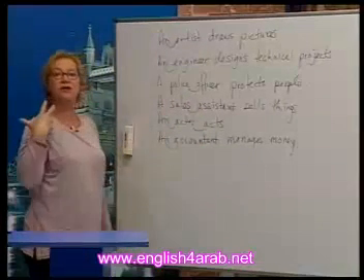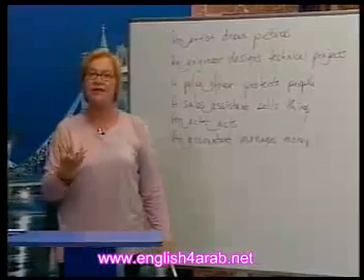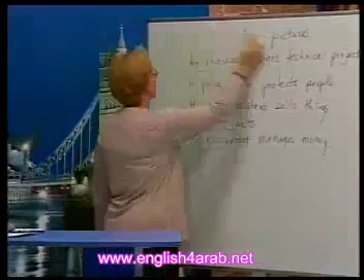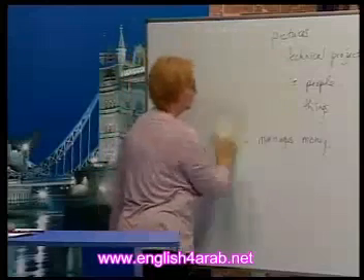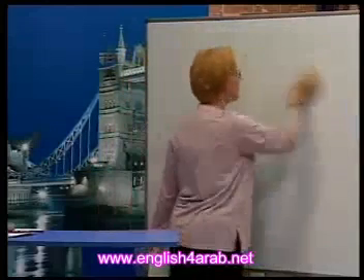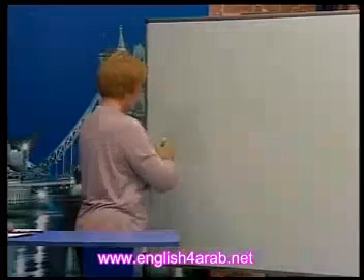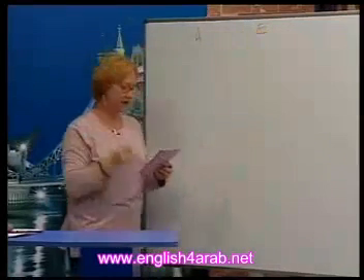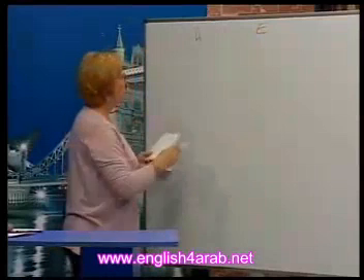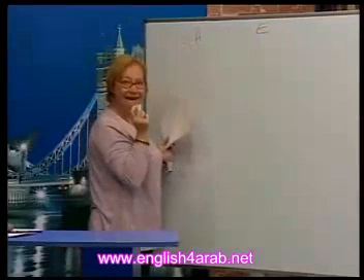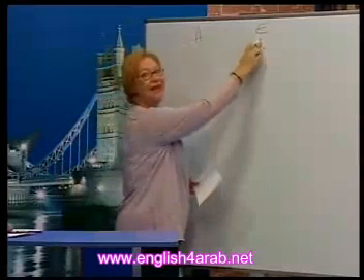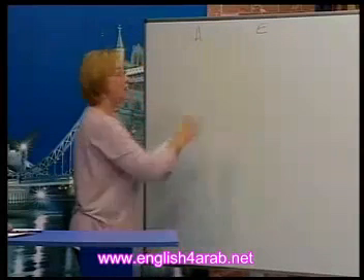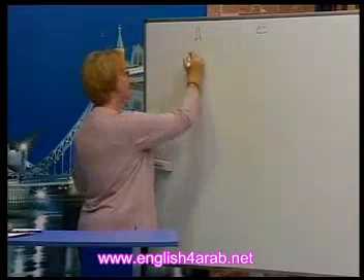Now, I want to work on a different kind of pronunciation, the sounds of A and E. Now, we're going to work with just two vowels, A and E, because they have different sounds. We'll talk about short A, and short E. All right. Now, here are some words with the sound.